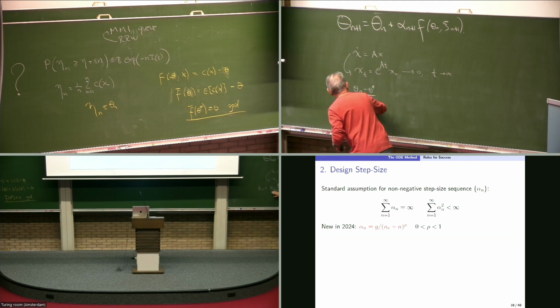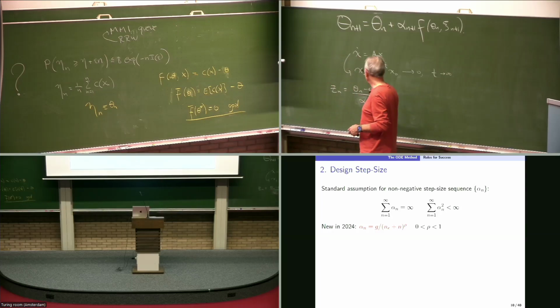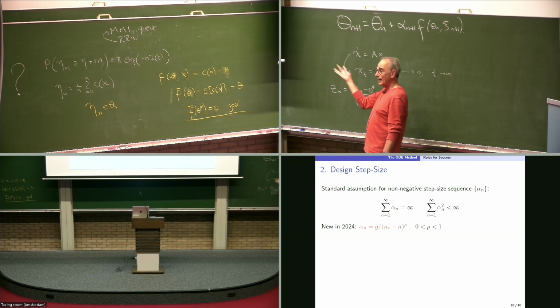Not squared again. You look at a normalized error with a square root in there, right? And I don't try to show that, well, forget that for a second. I mean, the standard proof, you're just trying to show the error goes to 0. Let's forget that. Let's look at this normalized error. And what you end up doing is look at this normalized error and show that it approximately solves a linear ODE, right? And from that, you show that the expectation of Zn